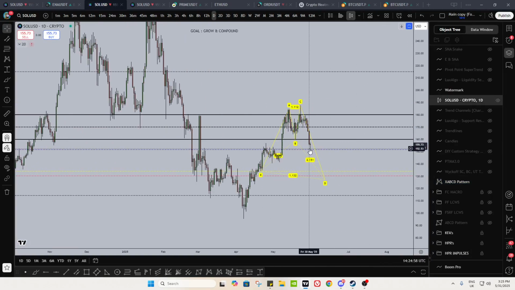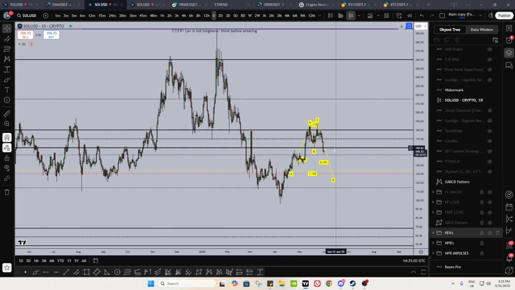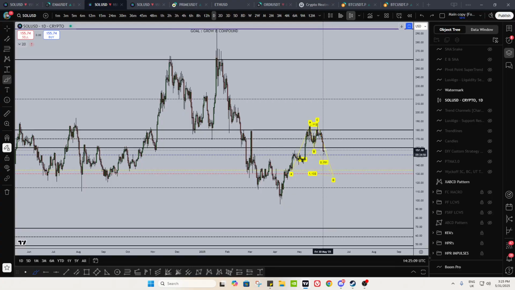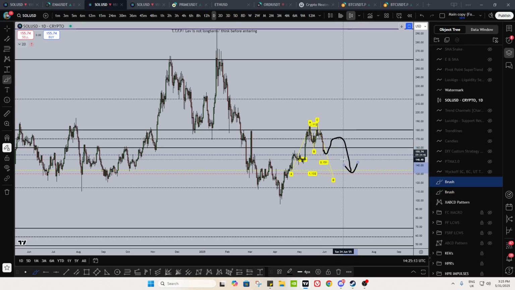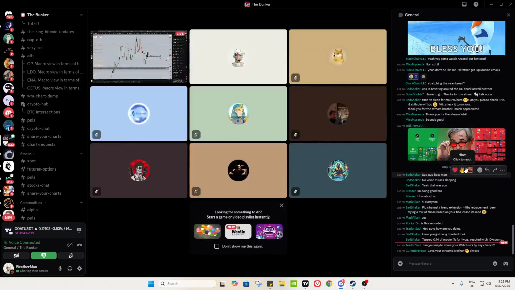But you are at a key area right now, right? That's the thing. You're at a key area right now. But for like big plays, I don't see the benefit of entering here. For big plays, I'd rather just wait for a bit lower prices. Because here you can run right back into resistance again and then have another drop. Risk to reward wise for big plays is just not worth it here, right? So, but that's Solana.